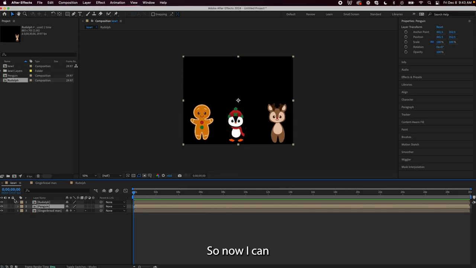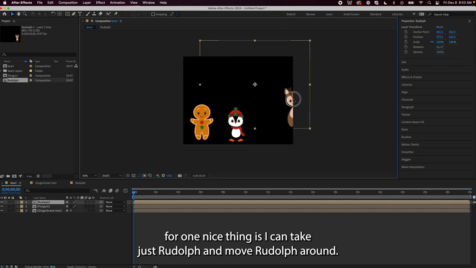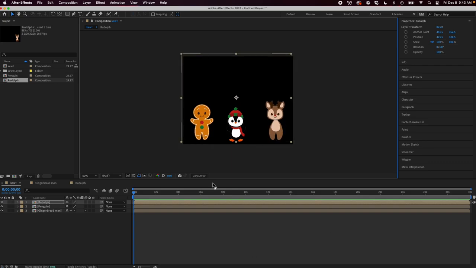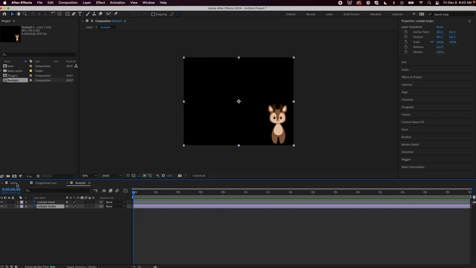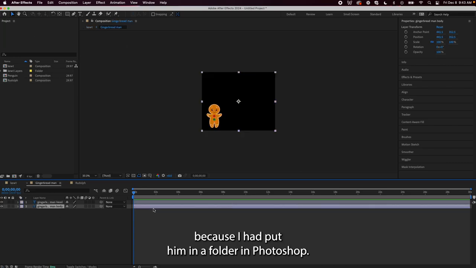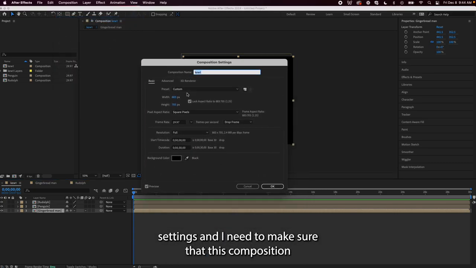Cool. So now one nice thing is I can take just Rudolph and move Rudolph around, and it doesn't matter if it's his head or his body, like I don't have to select both of those and move them around because they're pre-composed in this layer. And then again, Gingerbread Man, he came in as a pre-composition because I had put him in a folder in Photoshop. Cool. Another thing is I'm going to go to composition settings, and I need to make sure that this